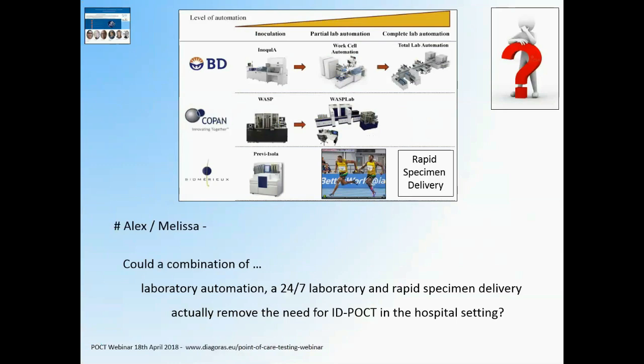I think that both can coexist, and I do not think that these advances in the main laboratory get rid of the advantages of point of care testing, true point of care testing where the patient is. No matter how rapid that specimen delivery is, it's never going to be as fast as doing a test right next to the patient. We have tests now that are molecular tests at the point of care that are 10, 15 minutes. And the main laboratory really still can't compete with that. And I don't think we should compete with that.